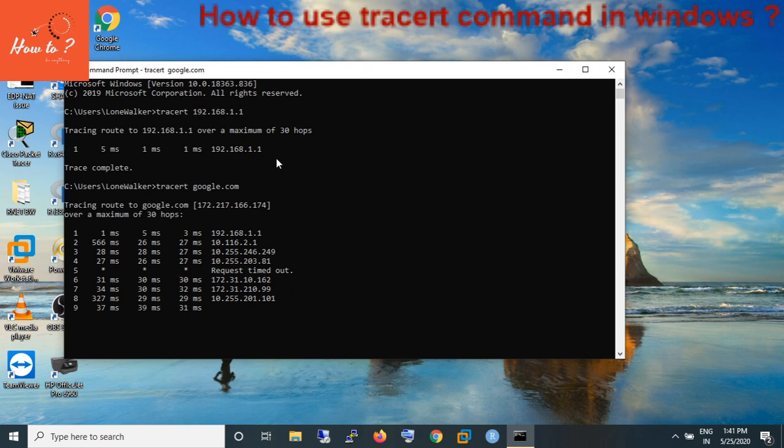This is the reason that on number 5 we can see three asterisks, but it will pass on the information to the next hop. This will reach the destination.